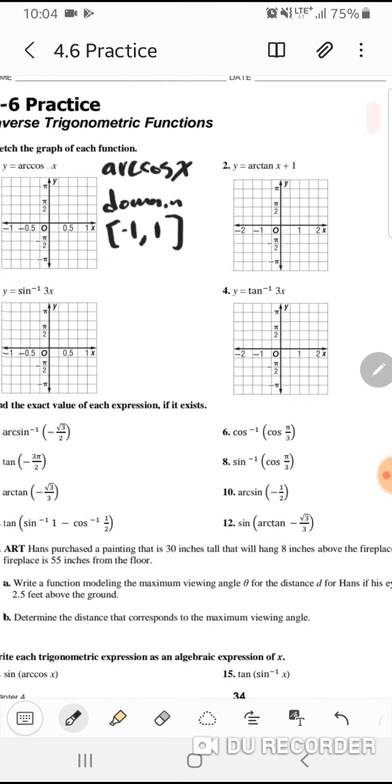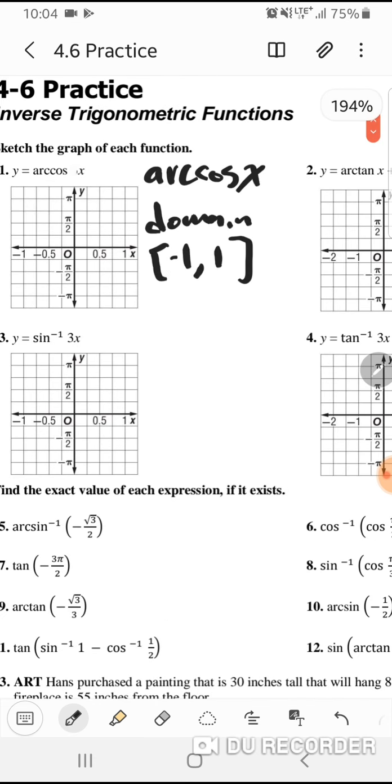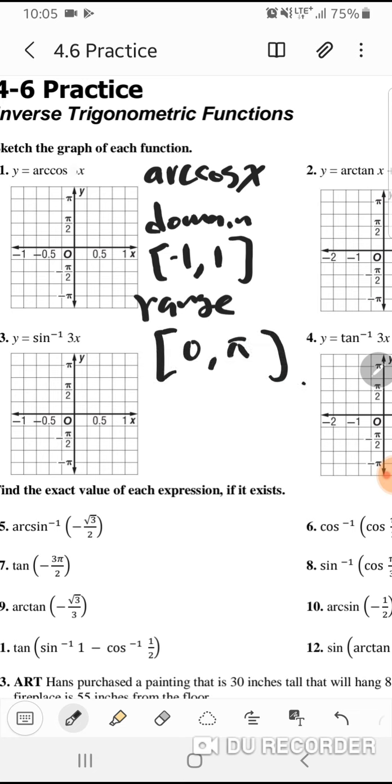So the cosine had a range of -1 to 1, but in this case, our inverse cosine would have a domain of -1 and 1, and a range of 0 to pi. Okay? So, okay, now that we know that,